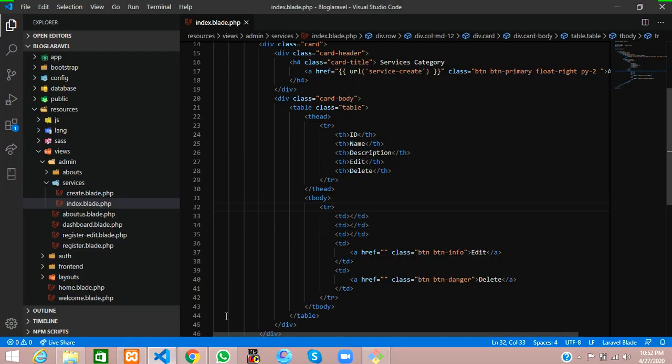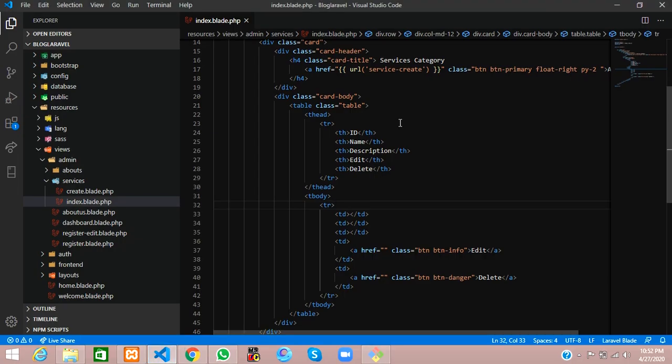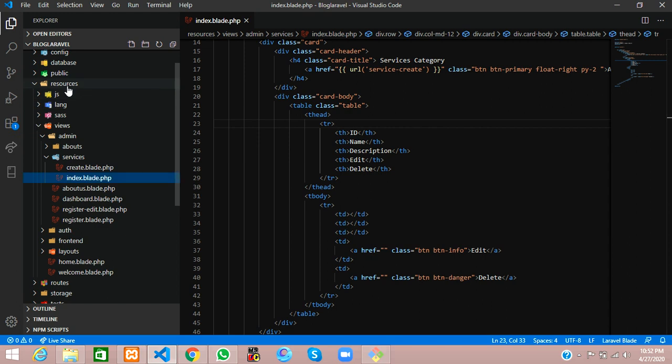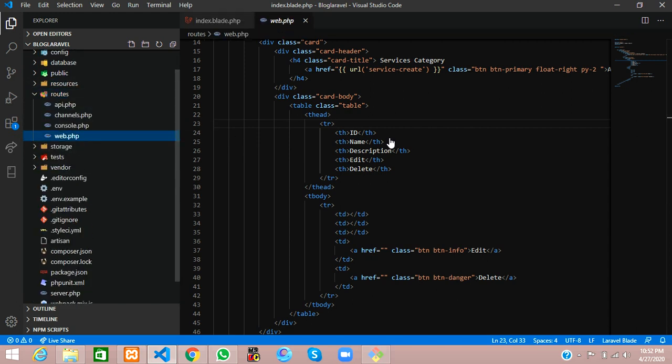First step, we have to call this route. Copy this, get back, and go to routes, web.php.